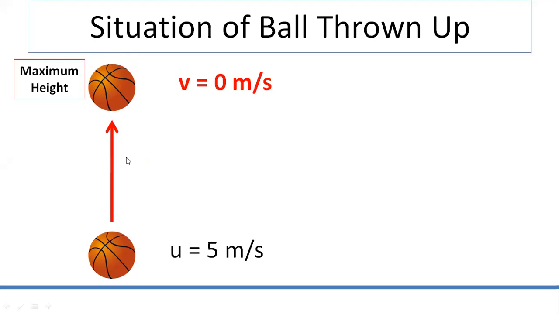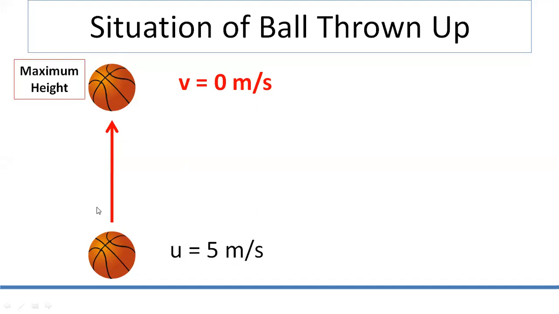And that happens due to what? Gravity, that we already know. But the problem is that for a moment the body stopped. It stopped going up because it reached its maximum height. And hence, in this case, we have to take final velocity as 0. Why are we taking final velocity as 0 here? Because initially it had some velocity when it was thrown up. For assumption, we are saying it is 5 meter per second.